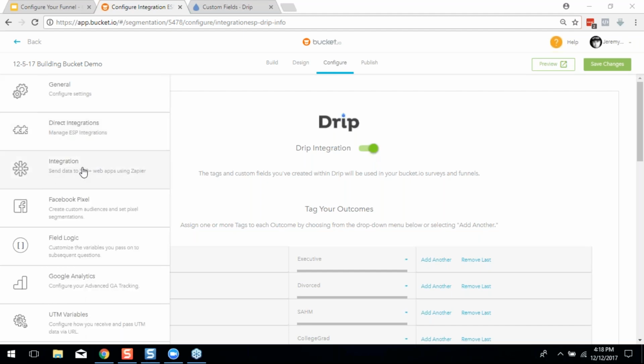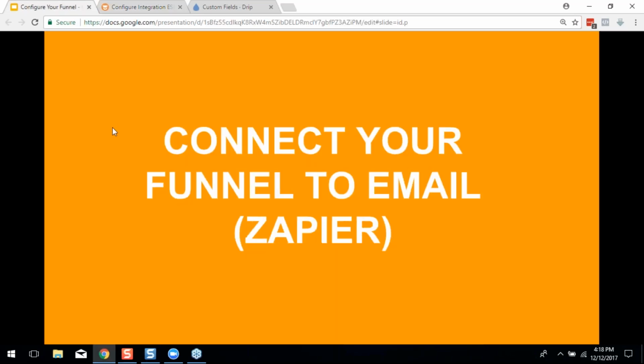to do is you're going to use, instead of direct integrations, here, we're going to use Zapier. And if you're not familiar with Zapier or how Zapier works, Zapier is a web app connector software. So what it does is it connects different web applications to each other. So in this case, bucket.io obviously is a web application, right? And so is your email service provider. And since we're 2 different softwares, we need a way to talk to each other, and that's where Zapier comes